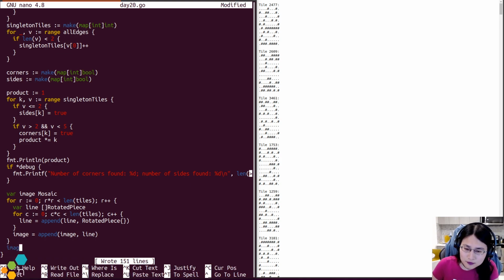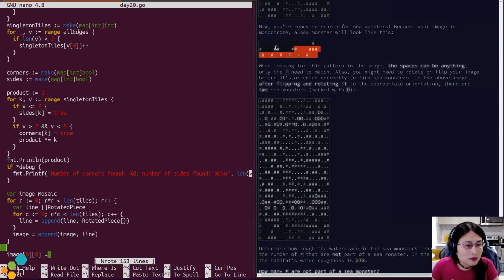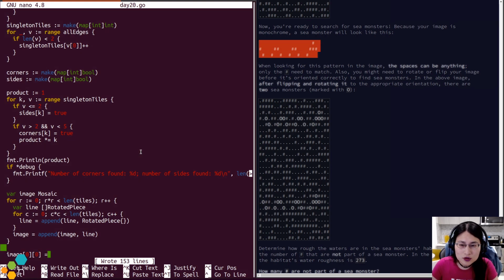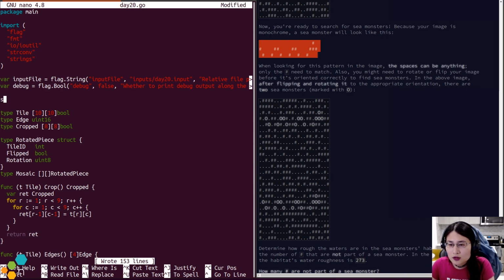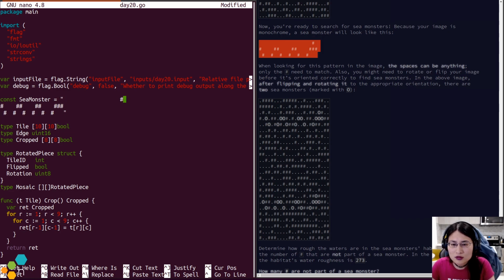Okay, so that should work. So now, I'm going to arbitrarily set this one to one of the corners. Just going to quickly set this here. Does Golang have multi-line strings?